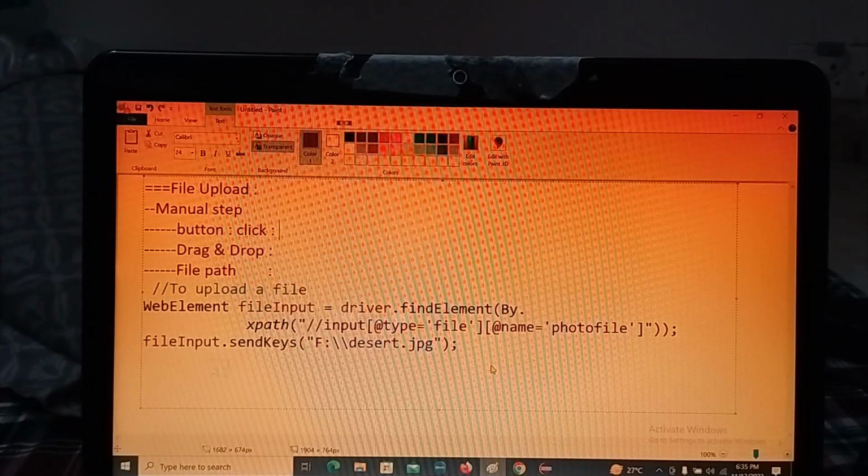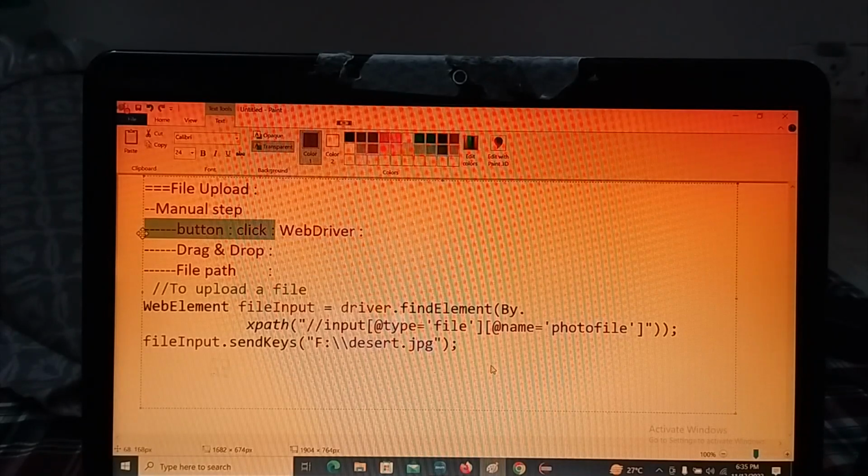What is the tool we are working with? Selenium. While working with Selenium WebDriver, we cannot